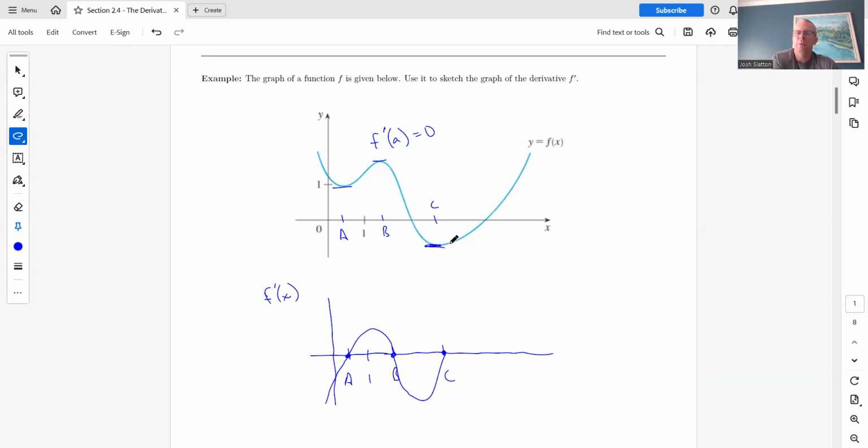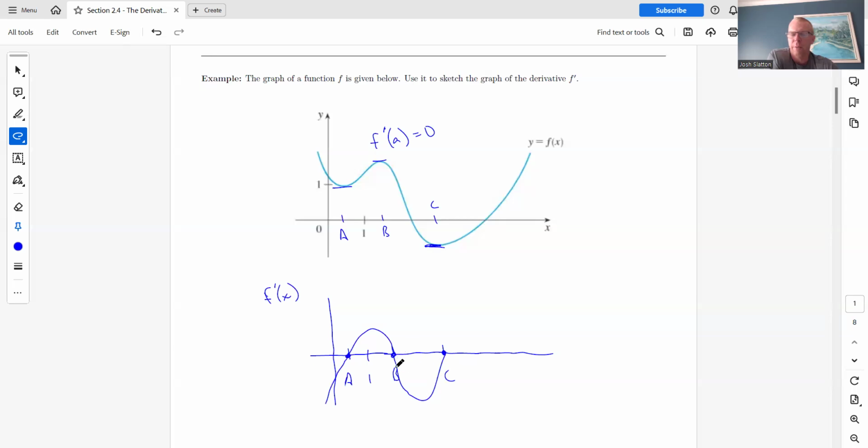This is one thing that you can get hung up on. F is negative in this interval here, from there to there, but that doesn't say anything about the derivative. You cannot say anything about the derivative based on the value of the function. The only thing we're looking at is the slope. We know that between B and C, the slope is negative because we're decreasing. So for the entire interval between B and C, the derivative has to be